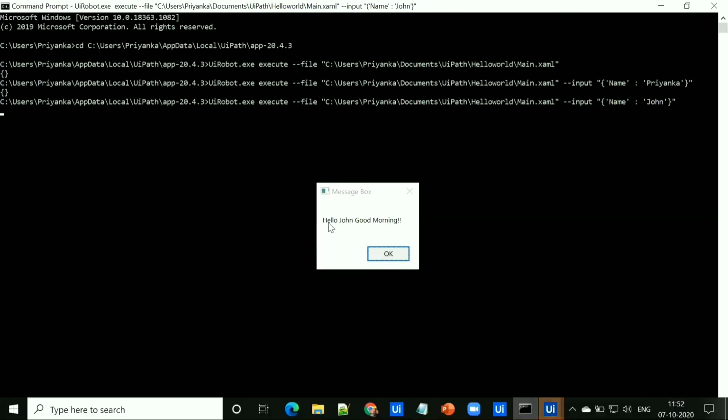You can see that it is now replaced with the newly provided input argument, which is John. So this is how you can provide a dynamic input argument from the command prompt, and the process will take the argument and run accordingly.